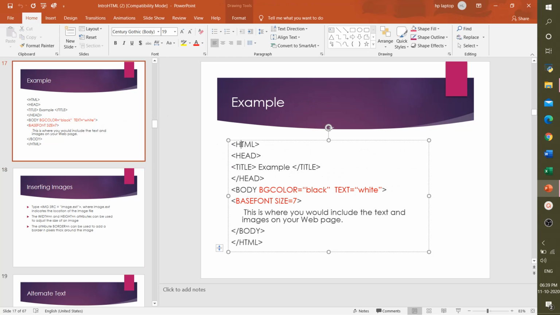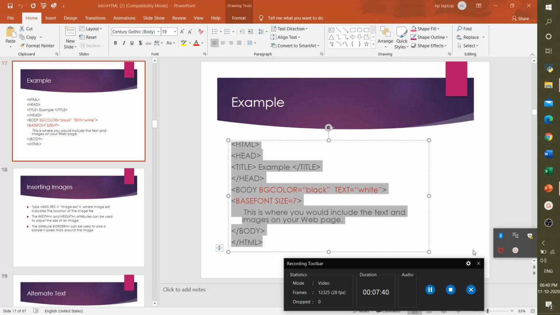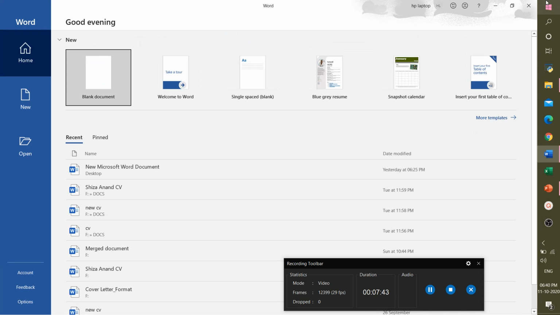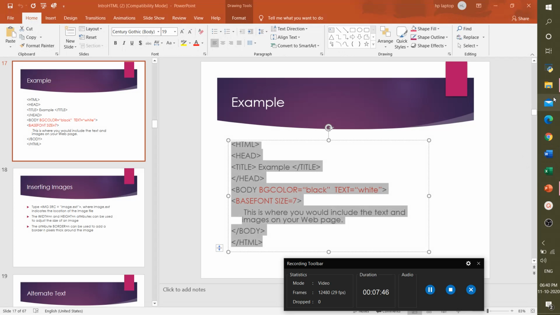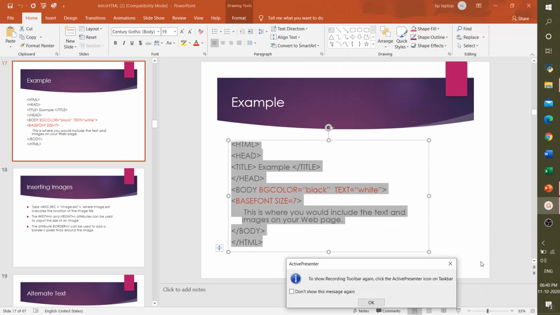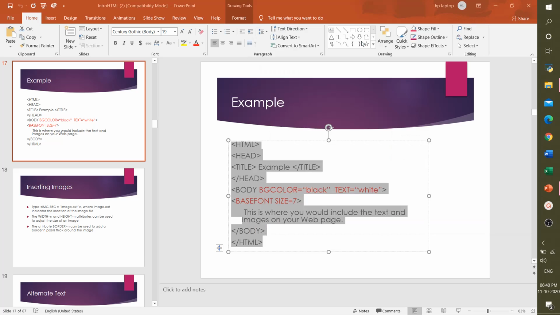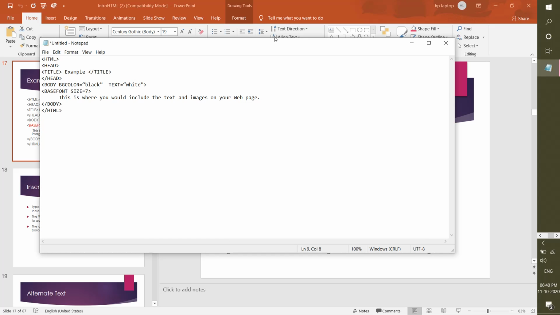Okay, so just a second, we can show you this with a practical example, so that you know what is displayed there. Let me open Notepad. Notepad is basically used for running these HTML programs because it's basic and very easy to use, and you will find it on any laptop or desktop, anywhere. I'm copying this whole program code, and we'll go to Notepad, open it, and paste it here. So you can see the program here.